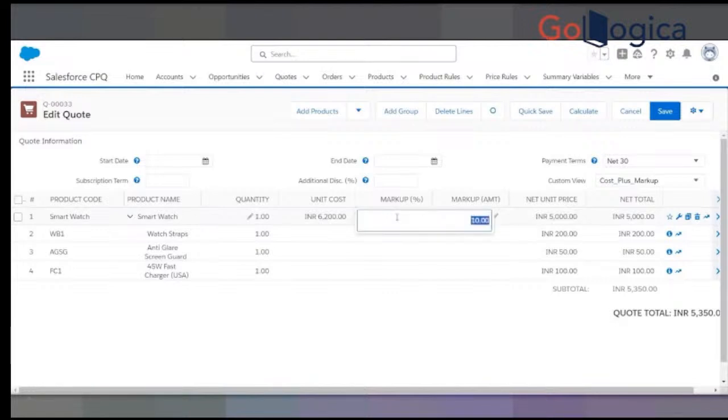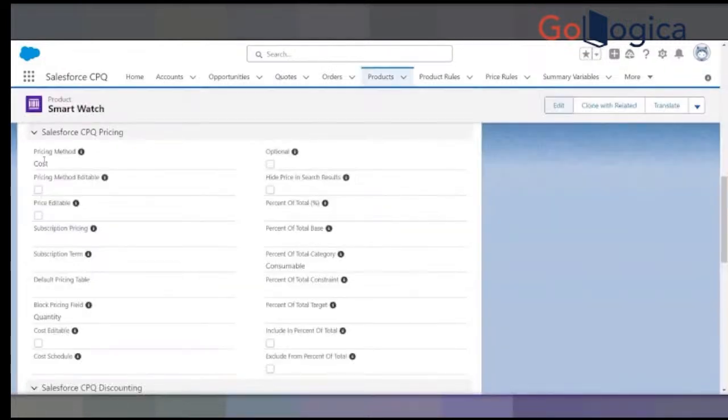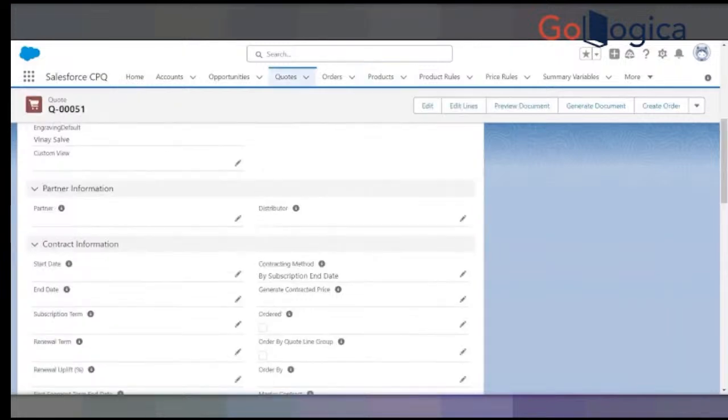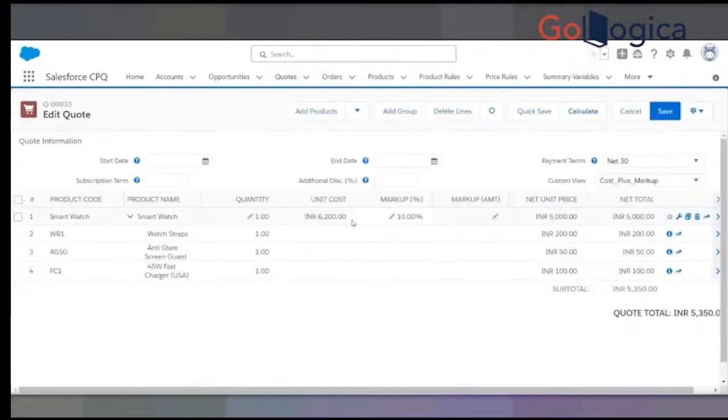If I'm clicking 10%, still it is not showing. I thought this is the probable reason, because when I'm changing it to cost, the cost price should be taken up, and if I'm marking up some percent, then it should come as markup amount. Okay, so there are two things which are not working for us, which is a cost price value and then